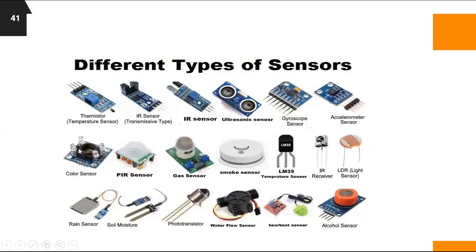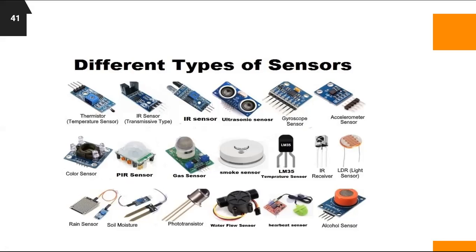This is used as a coloring sensor. This is like RGB, right? Three colors are there now. We can code in such a way that it emits three different colors for three different inputs. Then we have this rain sensor, which is used to detect the arrival of rain itself. Then we have the soil sensor to measure the quality of your soil so that you can start yielding your crop. Then we have this phototransistor.